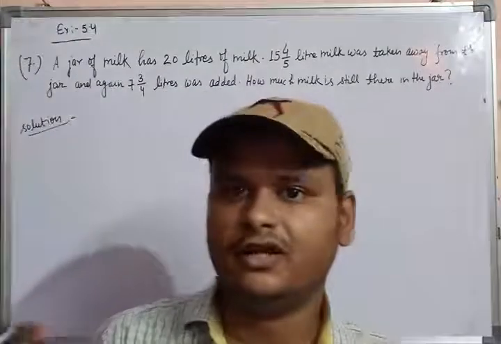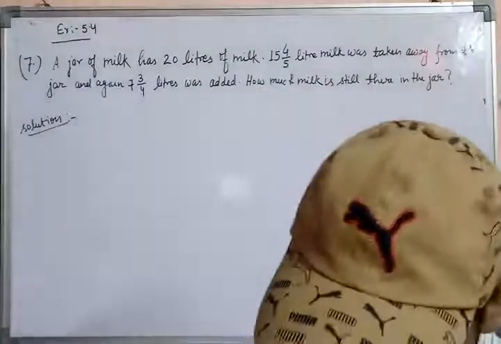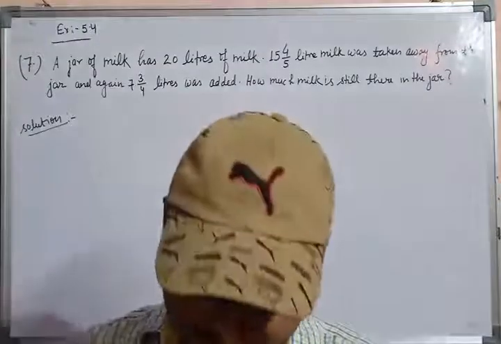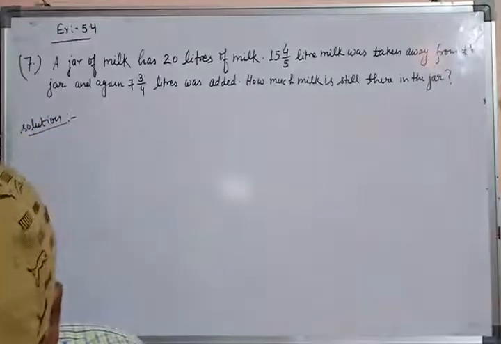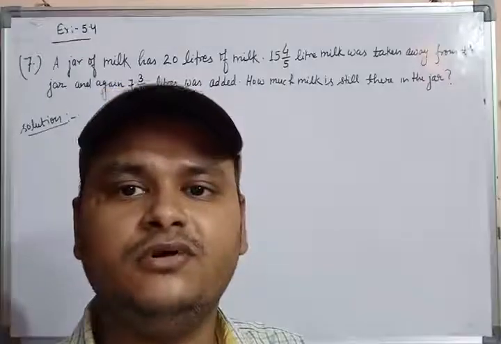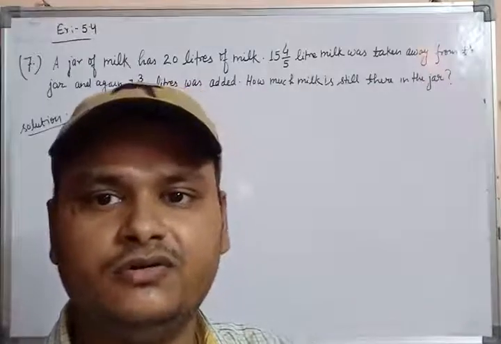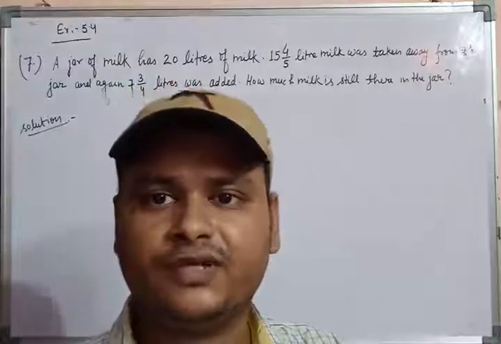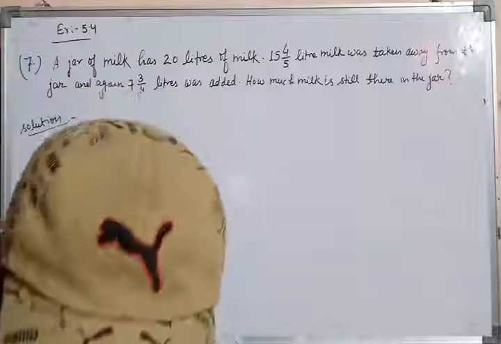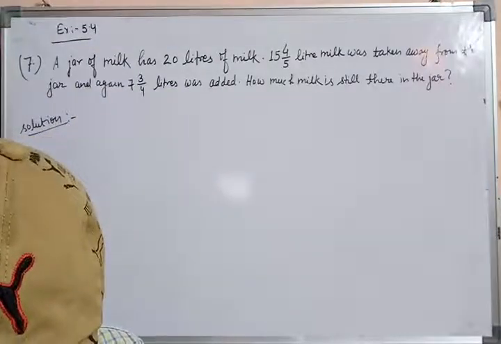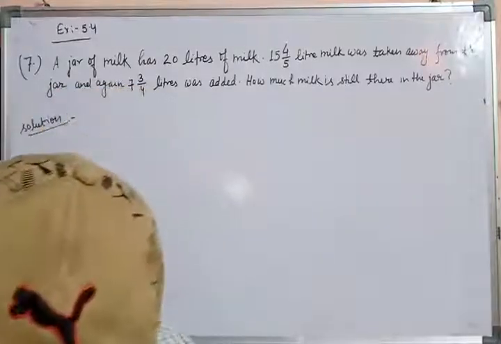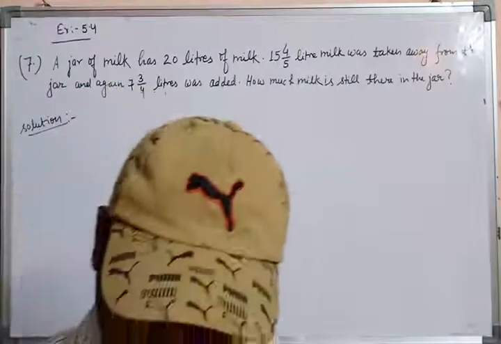Now students, we are moving to the last question of this exercise, because question numbers 4, 5, 6 are the same as question numbers 1 and 2. In question number 4 you have to find the left water. Left water means you have to find the remaining water. So if you want to find the remaining water, you have to subtract the smaller fraction from the larger fraction. And in question number 5 you have to find the total, then you have to add. And in question number 6 you also have to find the total.